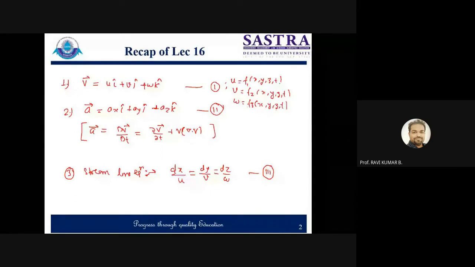Now, depending on the magnitude of t, you can say this is steady flow or unsteady flow. If you are talking about steady flow, then time variance will not be there, t is equal to 1. In that case, we can say this is a steady flow. If t has some value, then it is unsteady flow. So, in the equation of the velocity vector, if you are getting t terms, that means it is a case of unsteady flow. Otherwise, t will not be present. And once we find that out, then we can go on to find the remaining things.